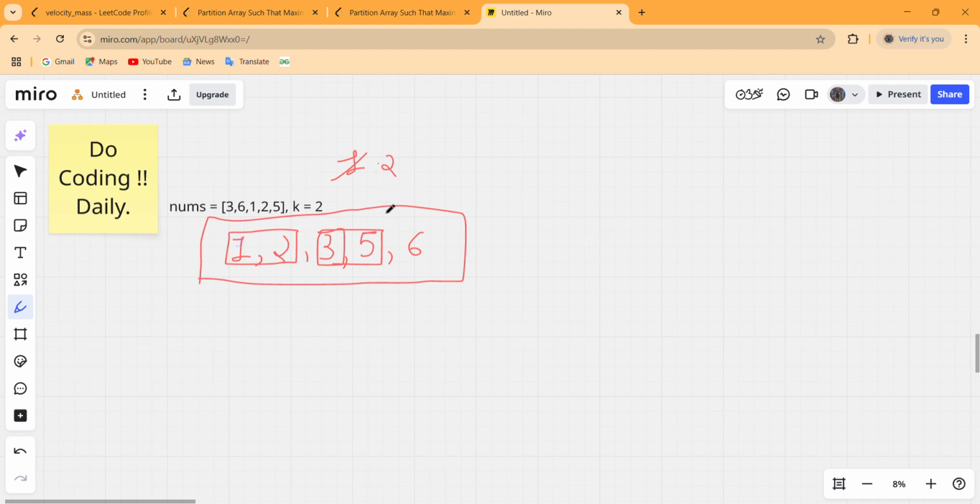increment our CNT from 1 to 2. And this 6 is a single element, and this gives us a difference of 0. So 0 is also less than or equal to 2, so increment our CNT. This grouping can give us 3 as our answer, but as we can see, single-element subsequences are also possible, so this will give us an answer of 1, 2, 3, 4, 5.